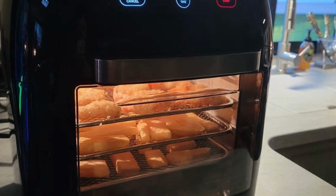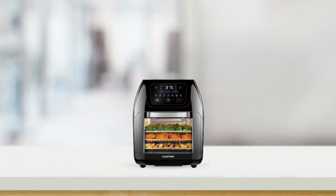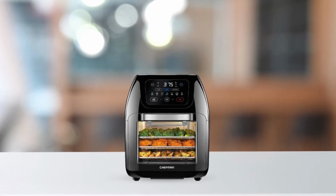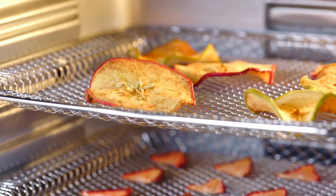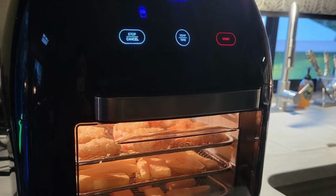With this digital air fryer, you can prepare delicious meals using a mere 2% of the oil typically required by traditional fryers. Indulge in your favorite crispy treats guilt-free and embark on a journey towards healthier eating habits. Simplicity meets culinary perfection with the 17 preset options and capacitive touch control screen. Whether you're a seasoned chef or a novice in the kitchen, anyone can cook perfect meals in minutes with this